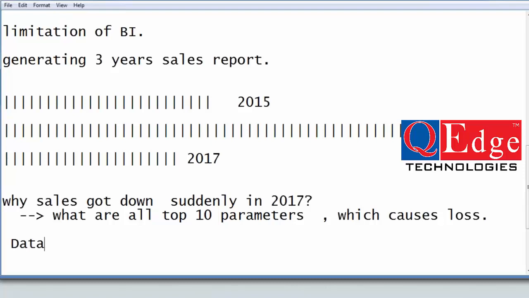So now I'm going to talk about the data analyst. Simply, you can say analysis of the data, that is the basic role of a data analyst. But as a normal guy, I am analyzing the data. As a statistician or a mathematician, you are analyzing the data. But for my analysis, there is no scientific proof.